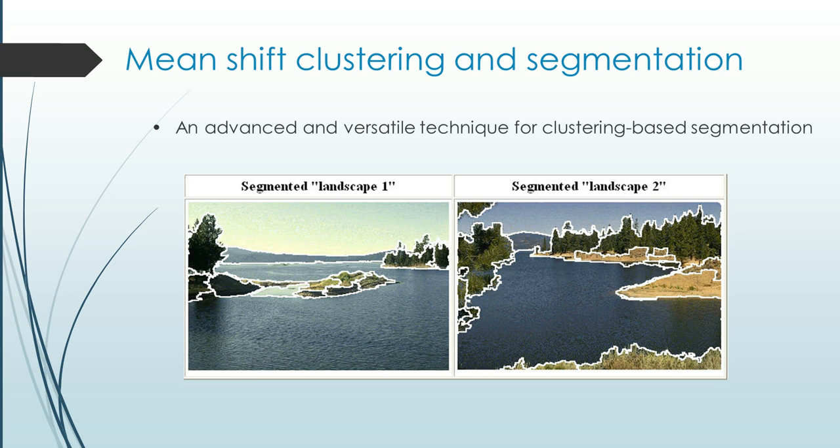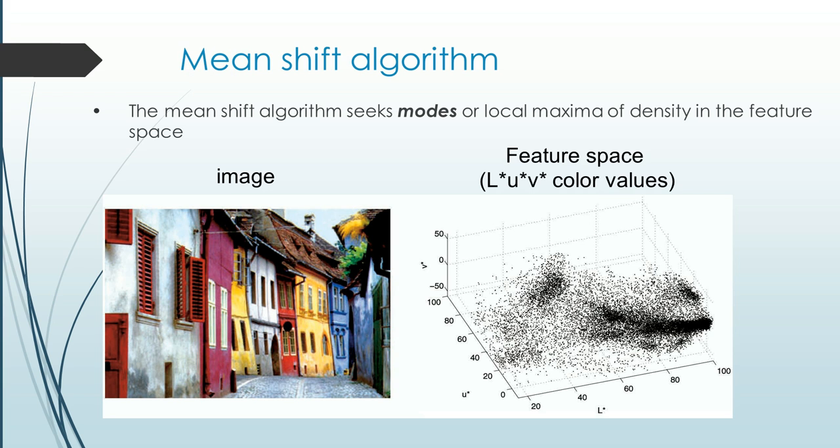So now let's talk about mean shift clustering. Mean shift clustering is actually a little bit more advanced and versatile technique for clustering based segmentation. And here are two examples of the actual result of an algorithm of mean shift clustering. This mean shift algorithm basically seeks local maxima density features